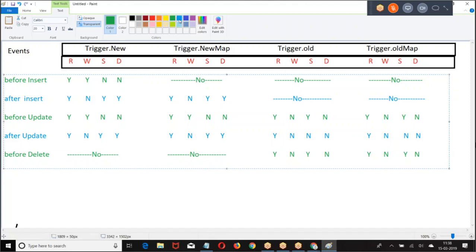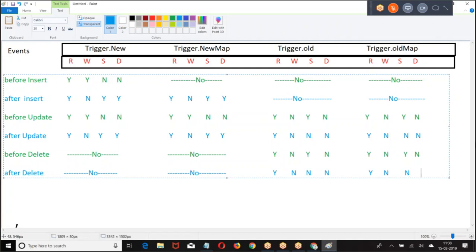When you are already deleting, what is the use of modifying it? After delete. Right. This is how we got it.